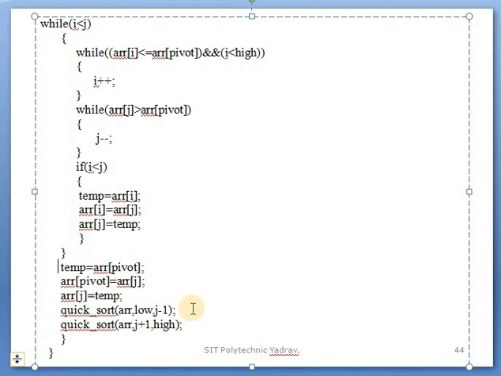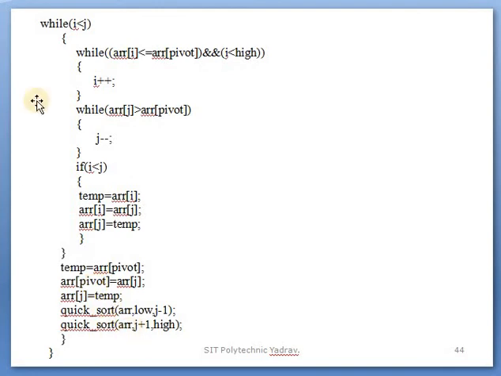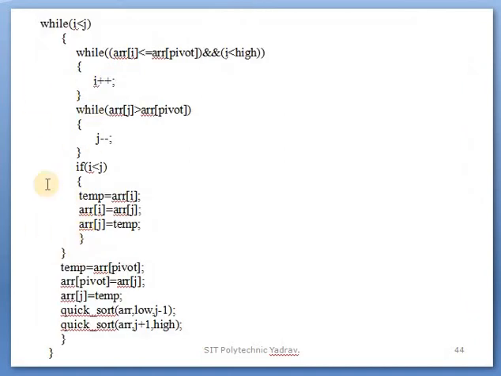Left or right. When control is in the left sublist, this function is run. When control is in the right sublist, this function is run, which means the function is called again. In that function call, the function definition is executed again. Again for a sublist, the function is called again. So recursion means repeating the algorithm.